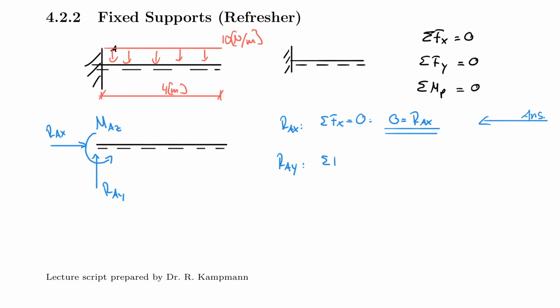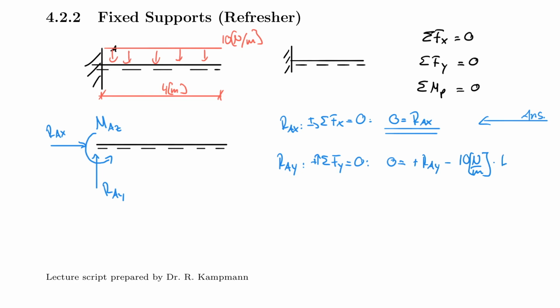Now RAY is very simple to calculate because you only will end up with one unknown, as I said. So the sum of the forces in the y direction is equal to 0, upwards positive. By the way, here I should indicate that too. And 0 is equal to, and I assumed this to go upwards, which makes sense, of course, so plus RAY minus 10 Newton per meter